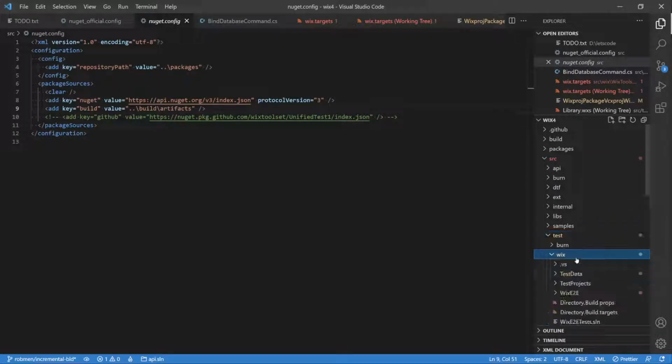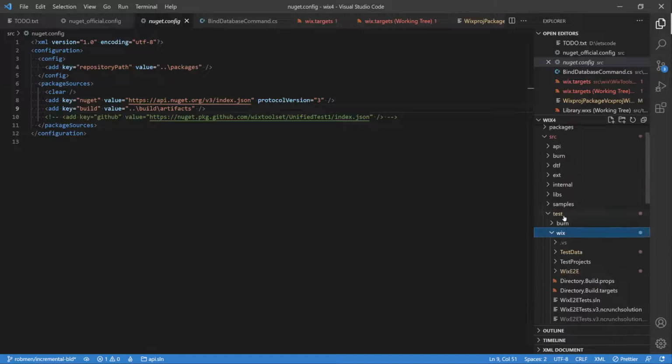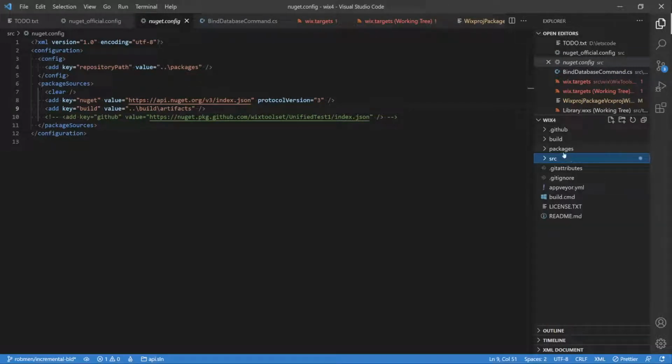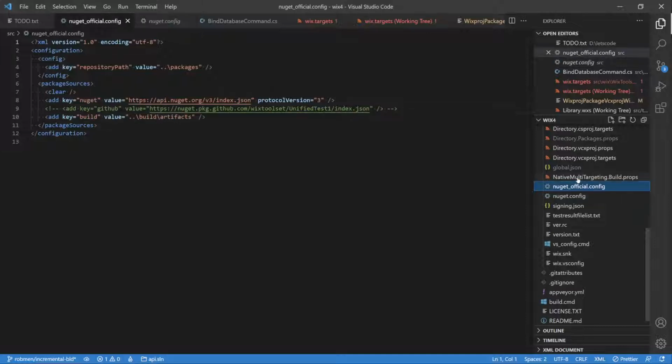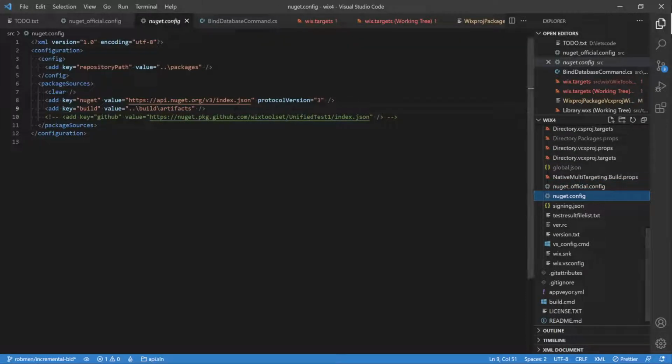No, and none here. Either way, we're not pulling in the Wix NuGet package, so okay, what am I missing that suddenly made this